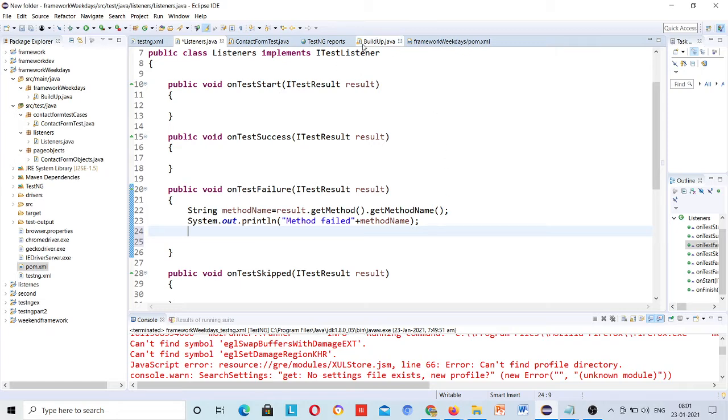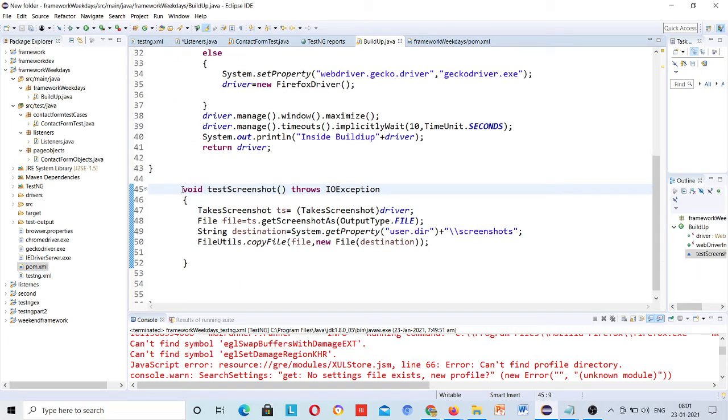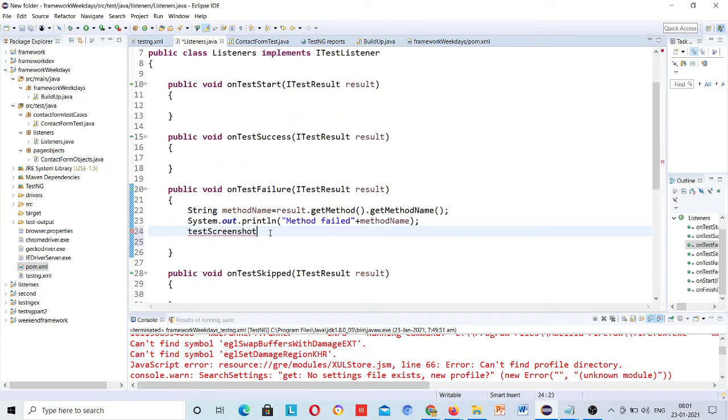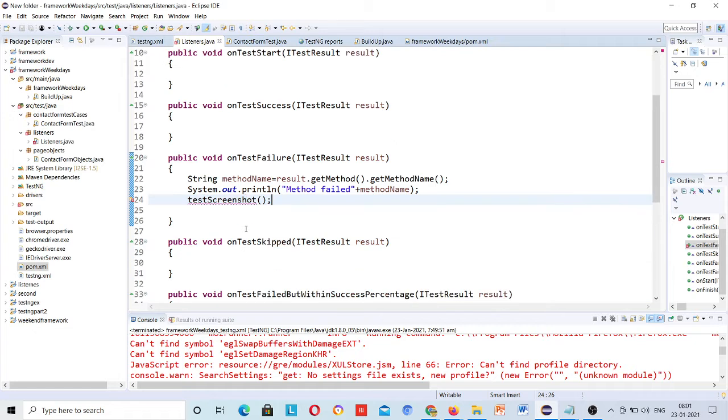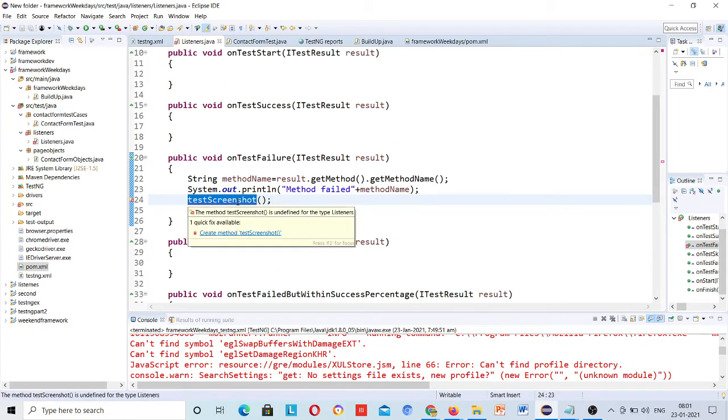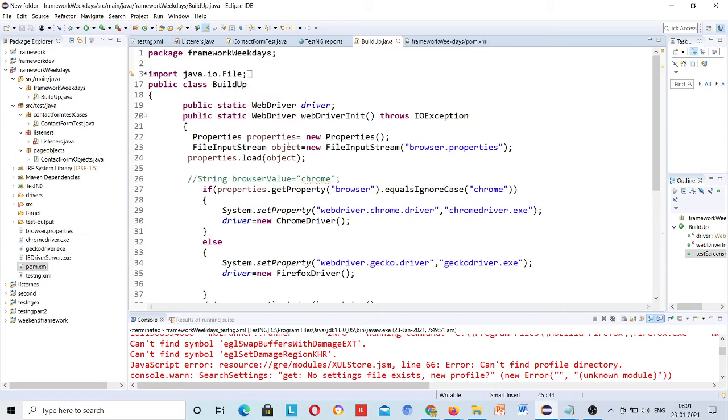So what's the name of the method? First let's make it public, and then take a screenshot. It will actually take the screenshot. But see, this is not able to call this screenshot method, because it is present inside the build up class.